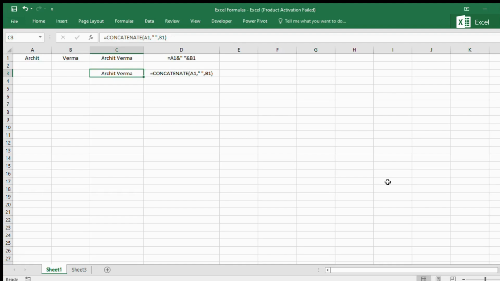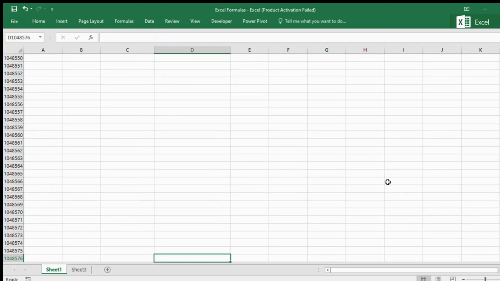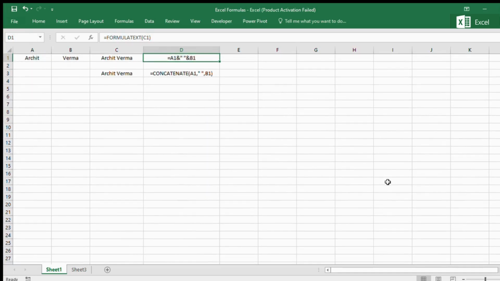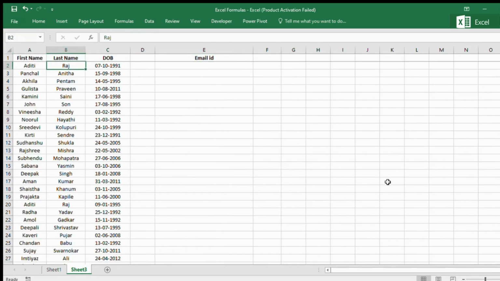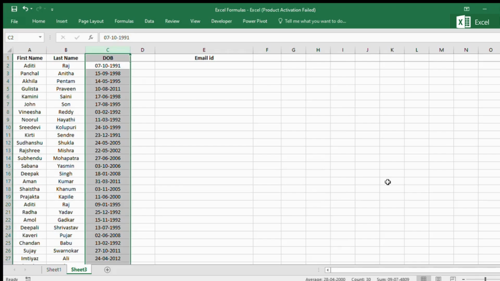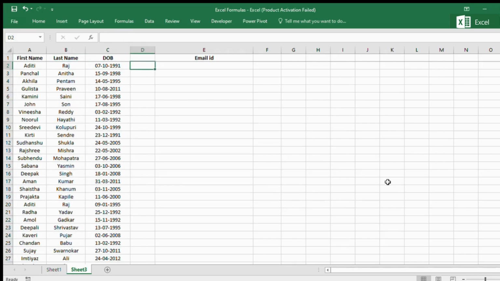Now, we will try this formula on a data range by combining multiple cells. Let's say you have first name in column A, last name in column B, and their date of birth in column C. You want to create a unique email ID for all of them in column E by combining their first name, last name, and date of birth.